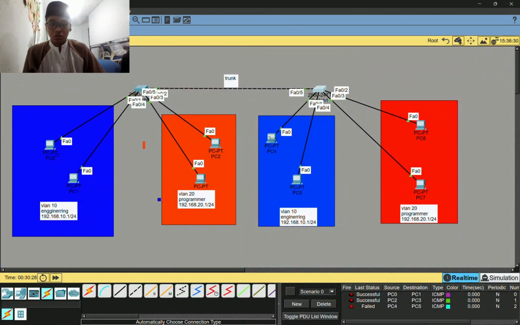And then you can ping over 7 successful and you can ping over 2 successful, and now we will make the trunk.